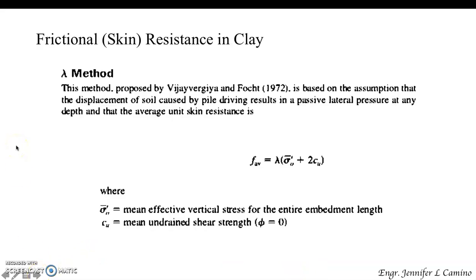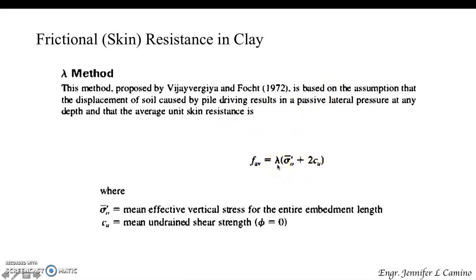Now we move on to the frictional skin resistance in clay. For this frictional skin resistance in clay, we have three methods actually: Lambda method, Beta method, and Alpha method. So let's start with Alpha method. This method was proposed by Vijayvergiya and Focht, which is based on the assumption that the displacement of soil caused by pile driving results in a passive lateral pressure at any depth, and the average unit skin resistance is given by this equation, wherein